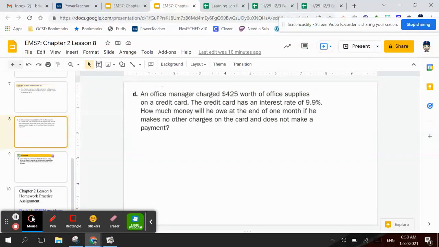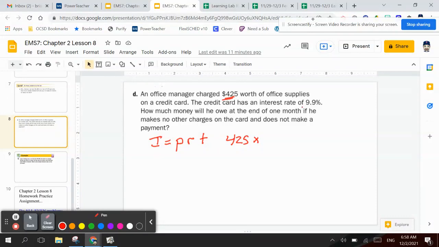An office manager charged $425 worth of office supplies on a credit card. The credit card has an interest rate of 9.9%. How much money will he owe at the end of 1 month if he makes no other payments? So again, we're looking at the same thing. Interest equals principal times the rate times time. So our principal, how much did he spend? $425